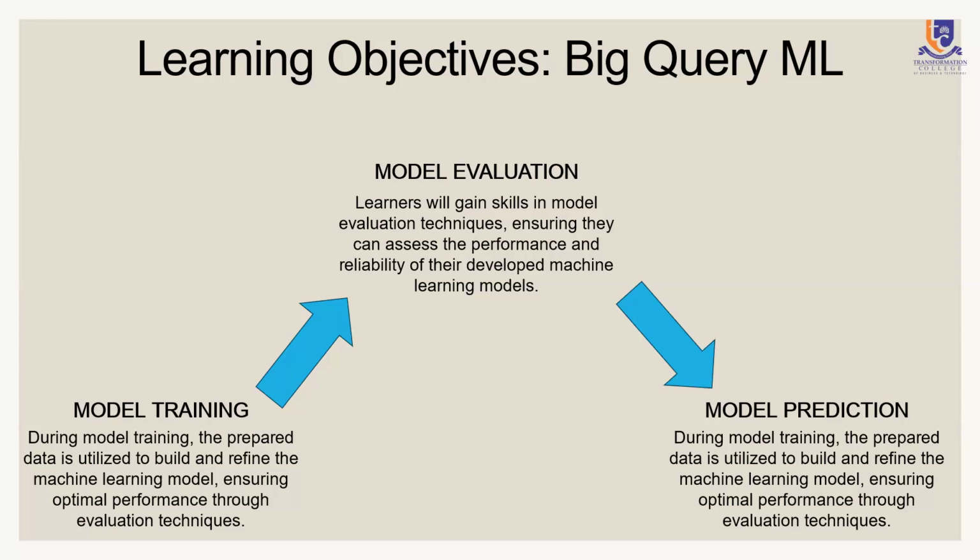We have model training. After we've decided on our model, we'll train our model, right? After we've prepared our data, we feed it into our model, and then we monitor and see how the training process goes. You can determine how many times you want your model to train. It could be one, two, three. But like I said, BigQuery does a lot of the dirty work for us so that we don't even need to focus on that. All we see is the results. Once we see the results, we decide: do we like it? Do we not? Do we need to go back? Do we change our data source? And so on. That's where we move to model evaluation. After training, we see whether our model is working right or not, and so on.